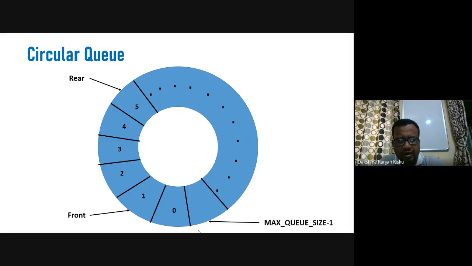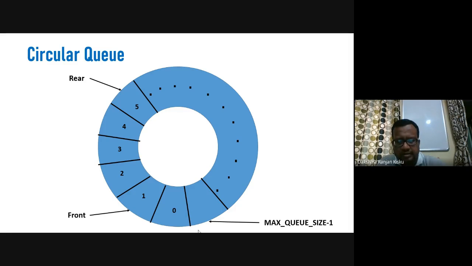Let's say there are 4 elements which are deleted from the front end of the circular queue. Okay, now since these positions are already vacant, here we have 0, 1, 2, 3. So these index positions are found to be empty or available.